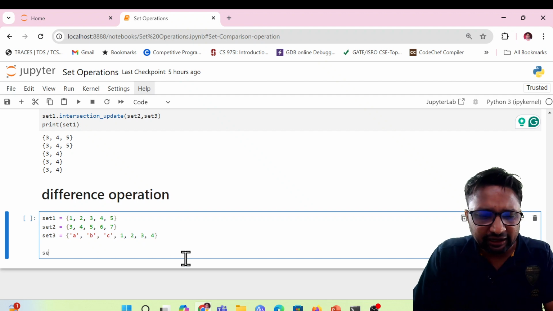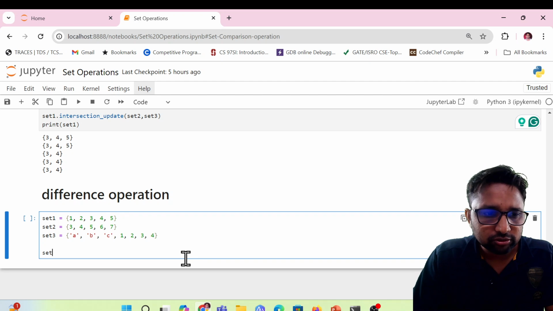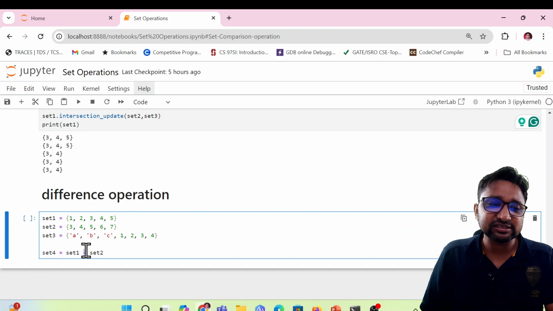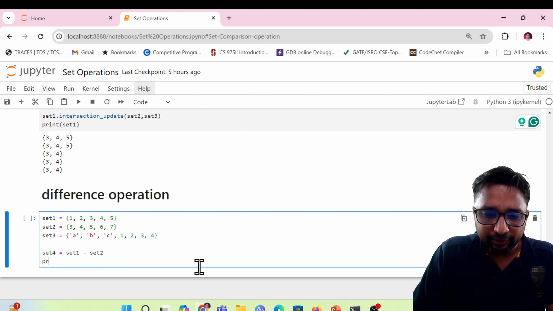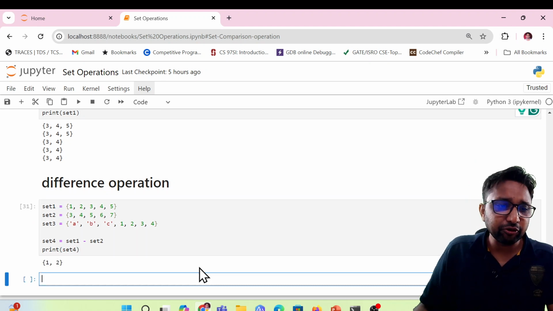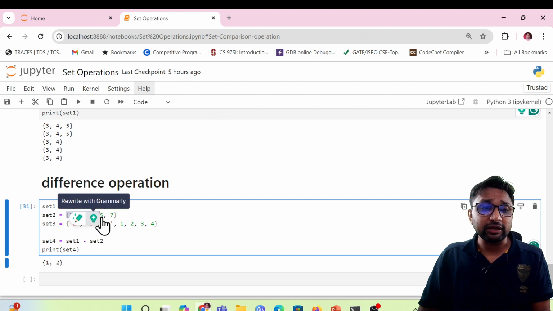So I'm finding the difference between set 1 and set 2. Whatever difference comes, I will store it in set 4. Set 1 minus set 2. So the minus operator is also used as a difference operator. Okay, so it's finding the difference between set 1 and set 2. And I'm printing set 4 now. So if we execute it, we can see that the difference between set 1 and